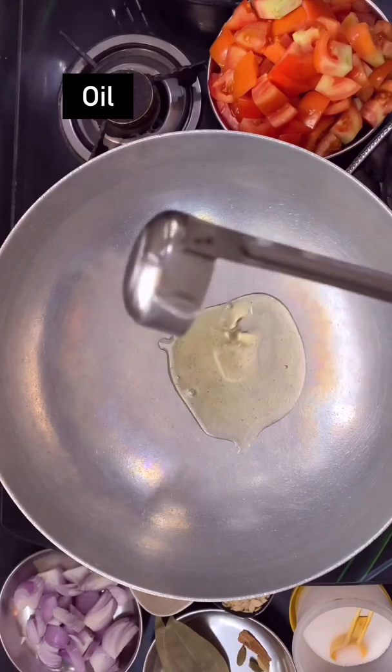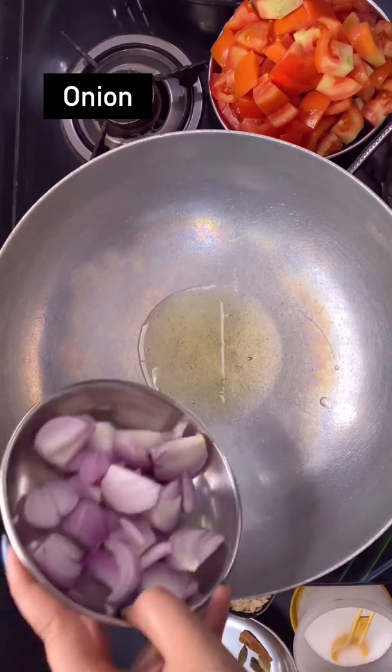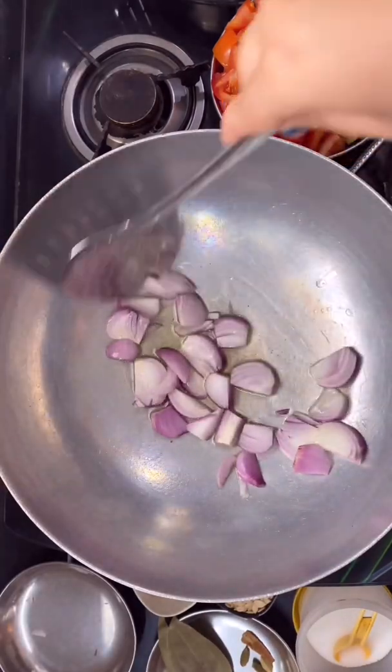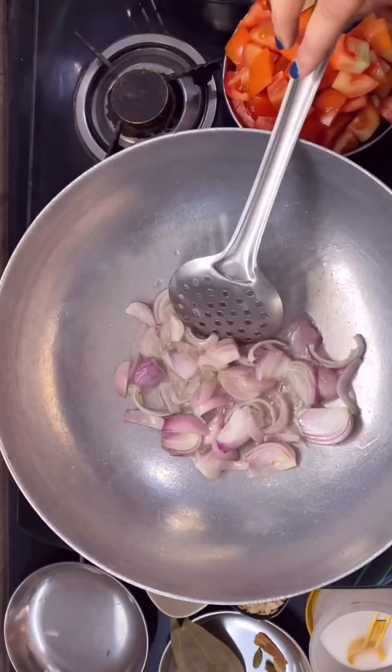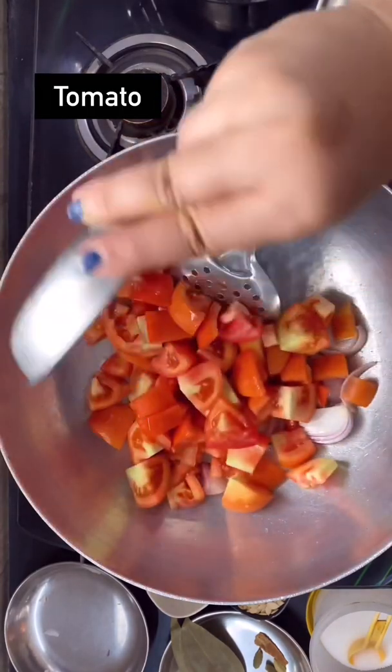I tried this super yummy Kaju Paneer masala for lunch today. In a kadai, add oil and some chopped onions and cook for about 6 to 7 minutes on medium flame. After 7 minutes, add tomatoes